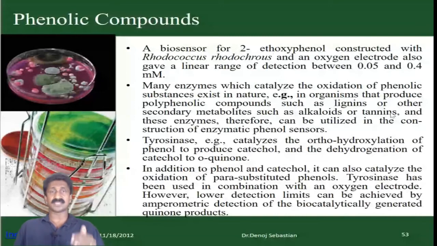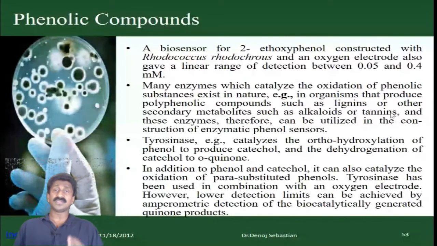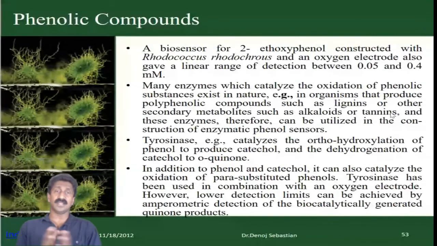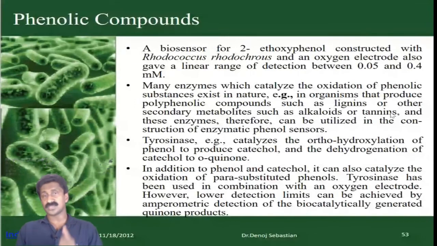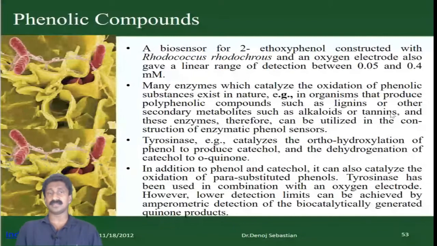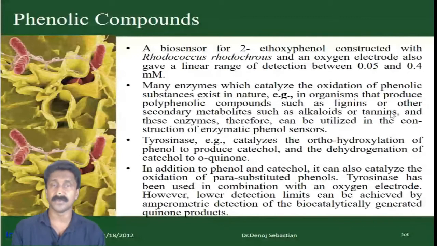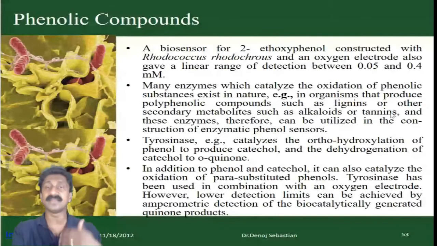The tyrosinase has been used in combination with an oxygen electrode. However, lower detection limits can be achieved by amperometric detection of the catalytically generated quinone products. So there are two systems. One, it can be detected usually using tyrosinase combined with an oxygen electrode. Better detection limits can be achieved by the amperometric detection method,